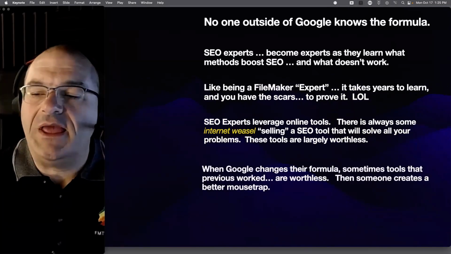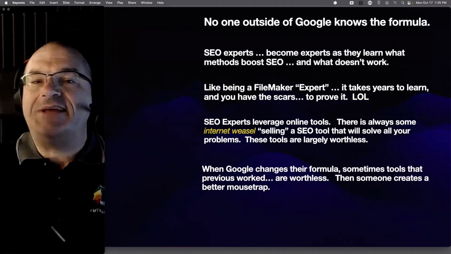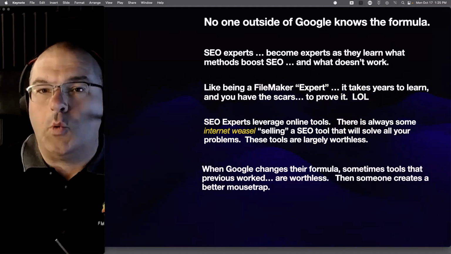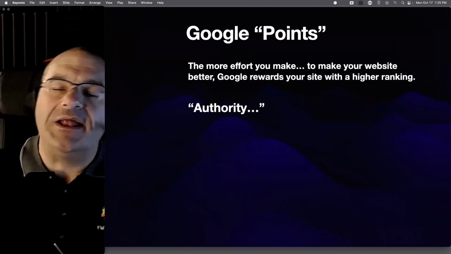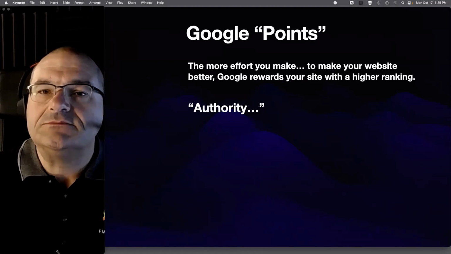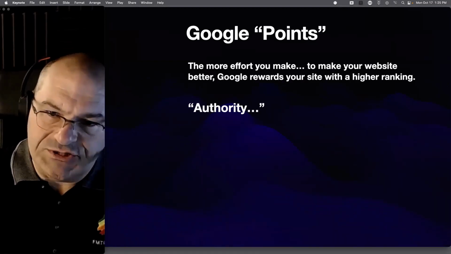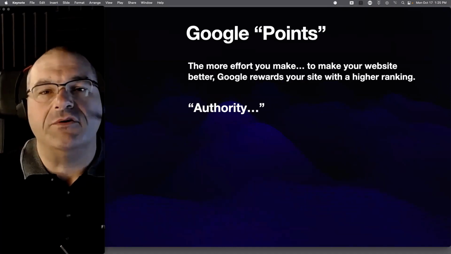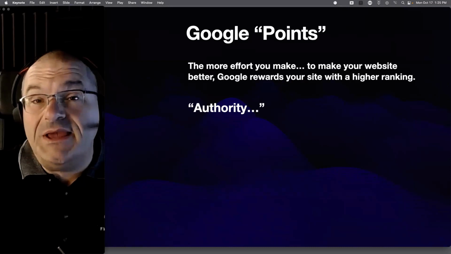And so, yeah, once again, keep in mind that Google, the formula is always changing. So the tools that we use, the tactics we use, the techniques we use are always changing. This is a late add on a slide. I want to point this out that as Google reviews your website, there's a bunch of different scoring. It's way too complicated to cover in a 1-hour conversation, but they score your website on its speed, on its